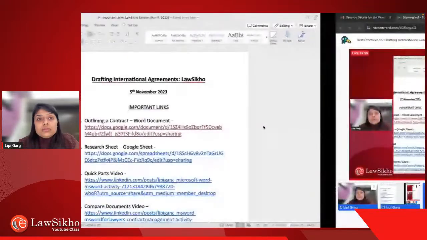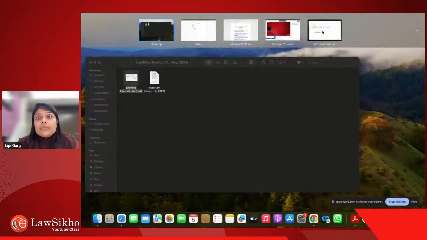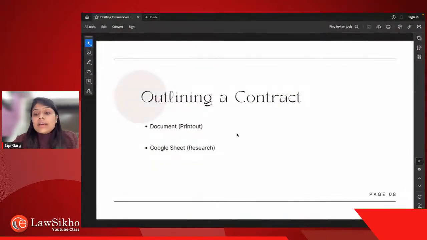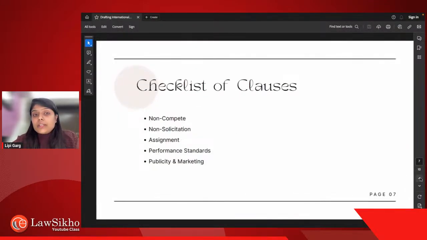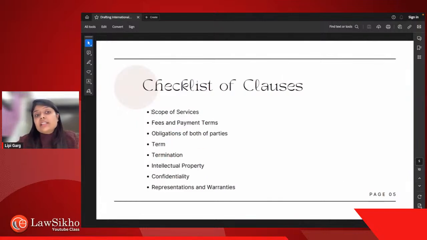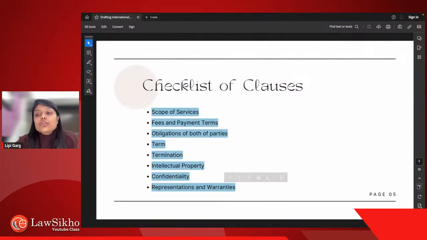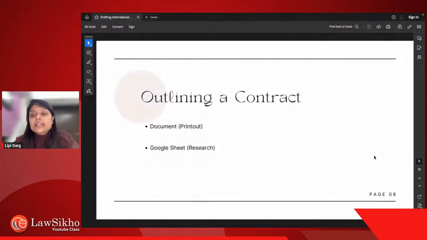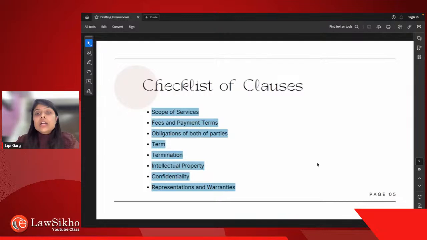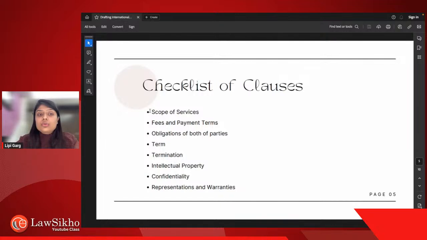Now, what my previous slides were telling was a checklist of clauses. So I wanted to show you the outline first so that you understand the reason behind this checklist. So I prepare a checklist. I do a thorough research of, let's say, 1 to 2 hours, based on the first-hand information I received from the client during the query, that I want a service agreement and I want someone to draft contracts for me.